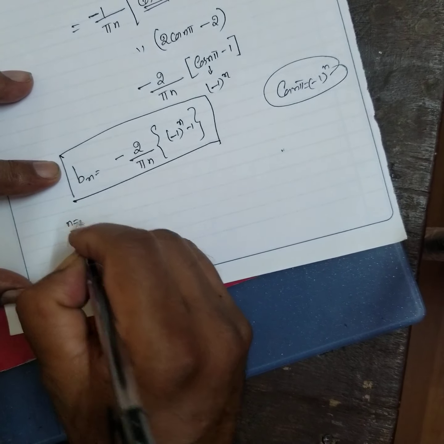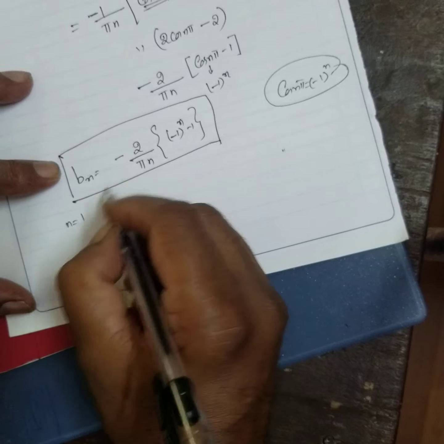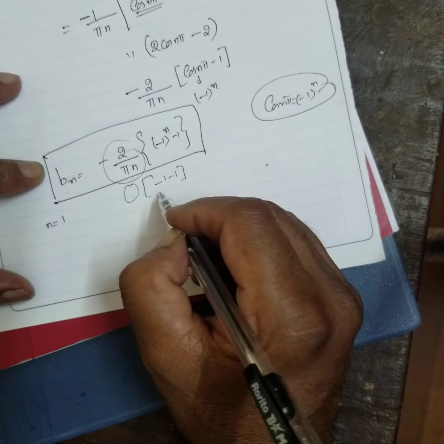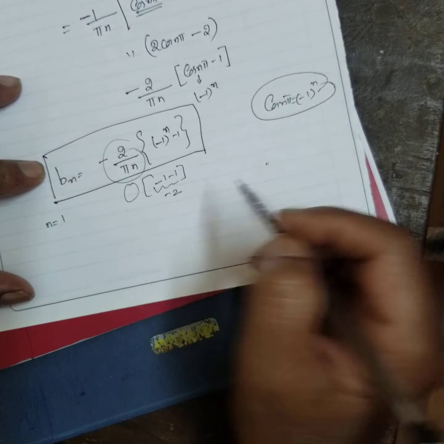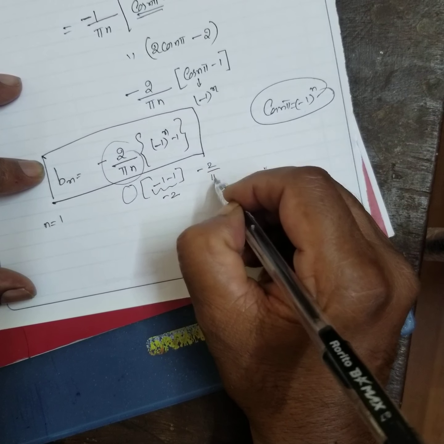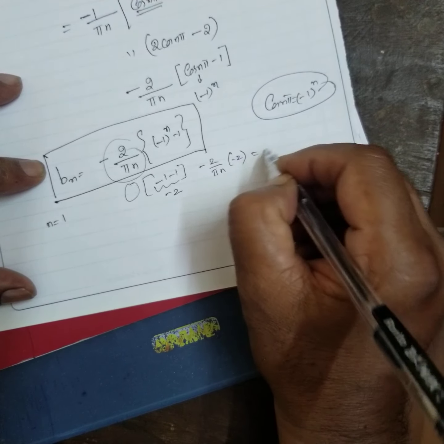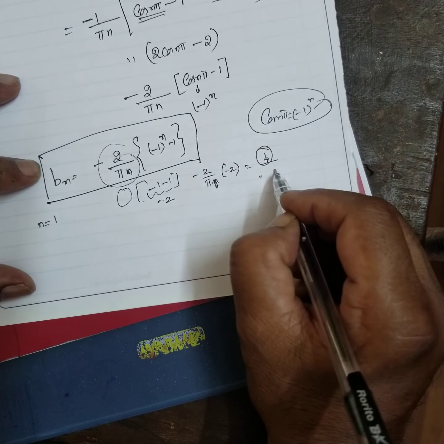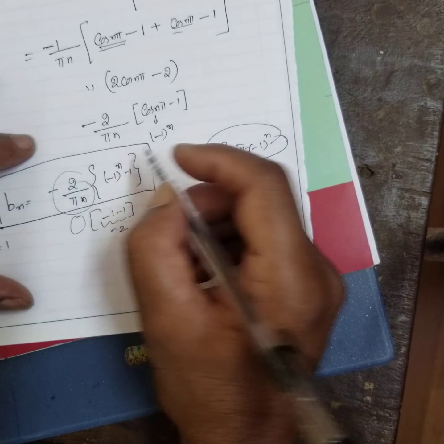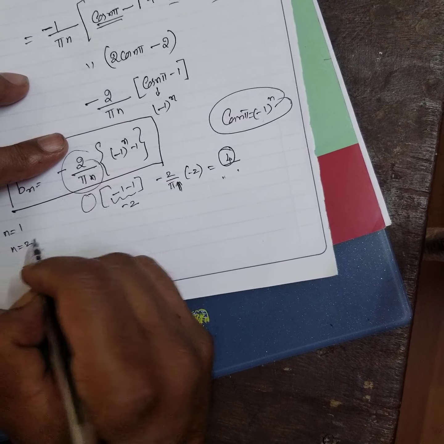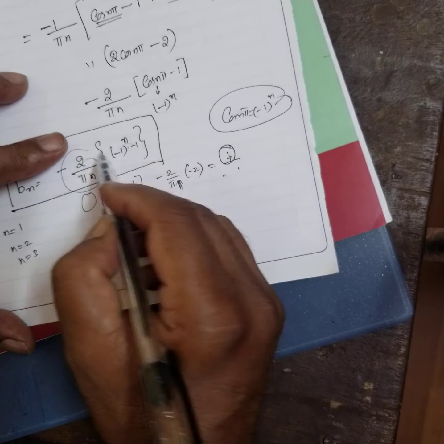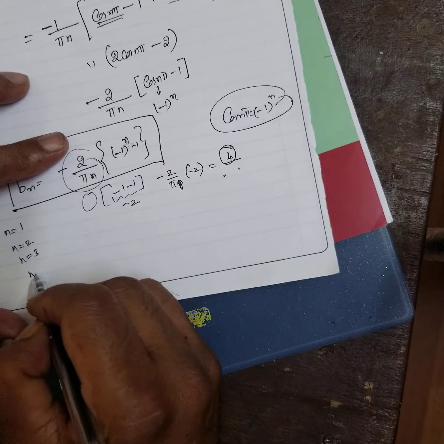See, when n is equal to 1, what happens? Therefore, this quantity remains the same. Minus 1, minus 1. Therefore, what you get, this is what? Minus 2. Therefore, minus 2 by pi n and minus 2. Therefore, 4 by n is equal to 1, no? Minus 4. Okay? Here, look, when n is even, what will happen? This becomes 0. When n is odd, you will get some value. When n is even again, it becomes 0. When n is odd, you will get some value.